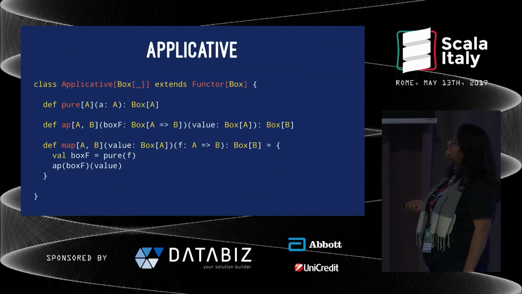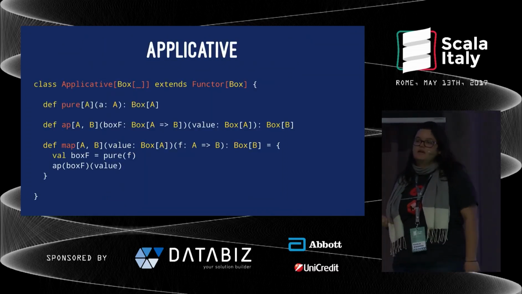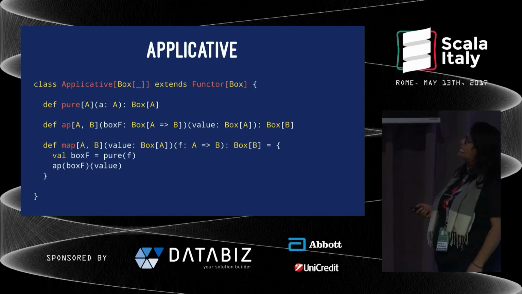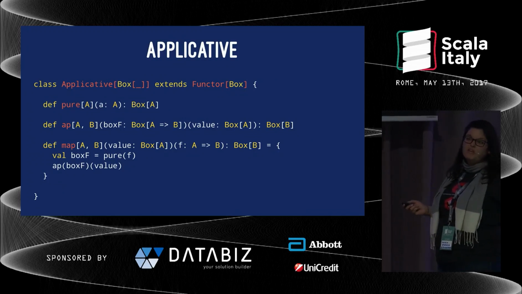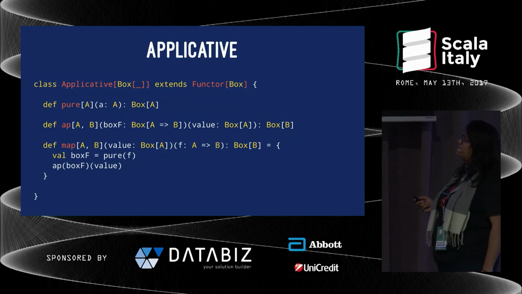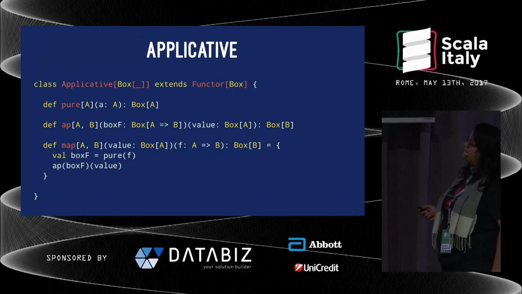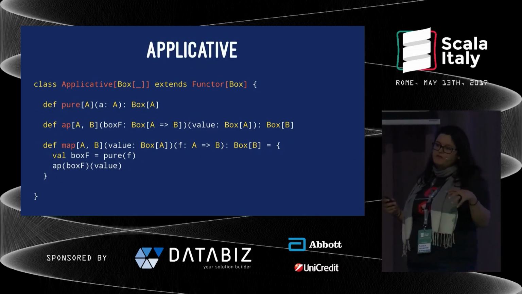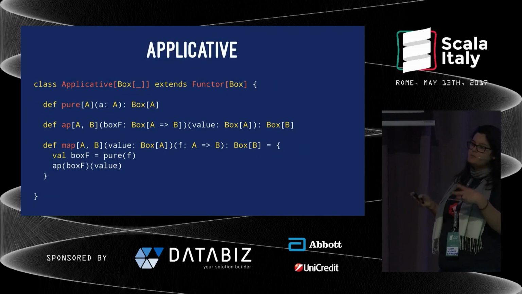So if we look at the Cats code, again, this is a simplified version. This is called Applicative and has pure, that is basically put everything in a new box, right? So it takes a value A and it produces a box of A. And then we have this weird operation that is basically saying, if I have everything in a box, I know how to combine them together. And we can rewrite map in terms of these two operations, right?